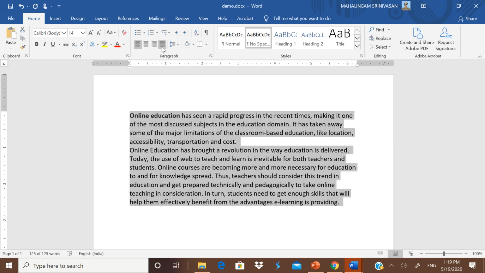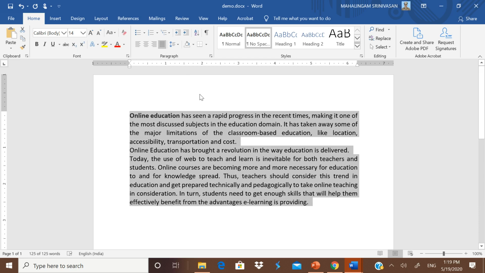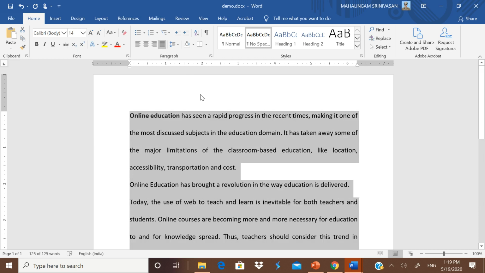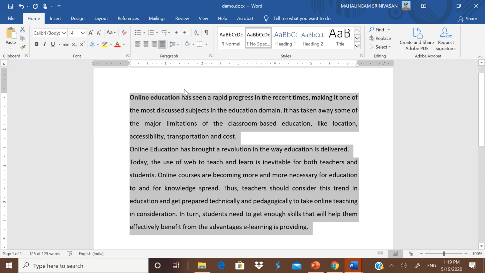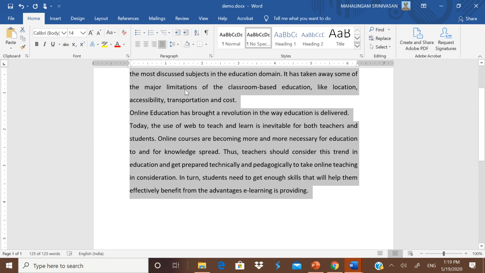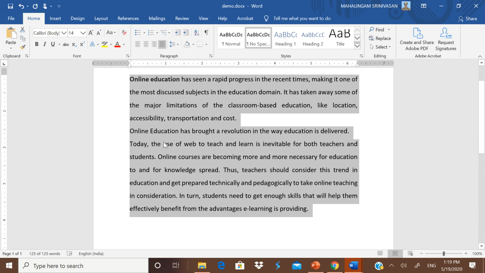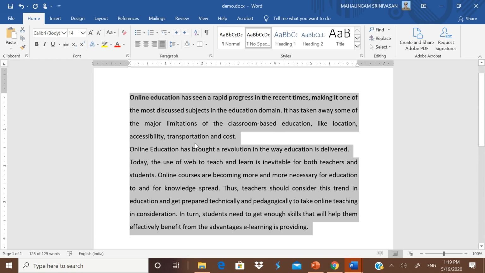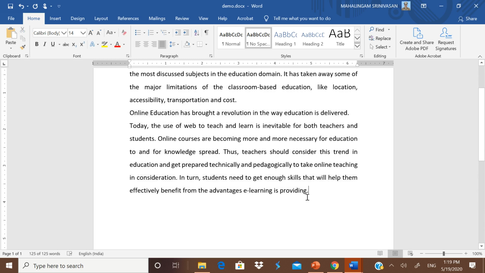You can justify the text by making use of it. Suppose you want to give some space, Control 2 will give you double space. Control 5 will give you 1.5 space. These are the things which you can do after all typing is over. By selecting all, Control 2 will give you 2 line space, and Control plus the number 5 will give you 1.5. Now I have made it so that whatever I have copied is very clear now, because it is 14 and has 1.5 spacing.